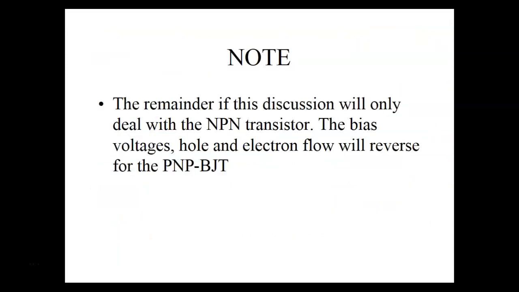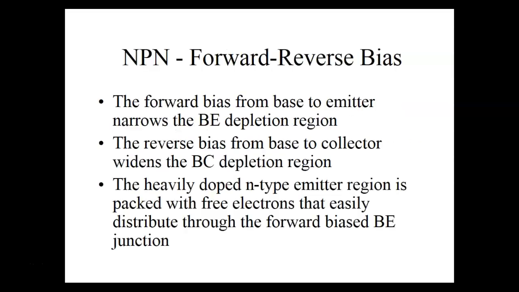So what we'll do on this one is we're just going to talk about the NPN transistor, because everything we say as far as bias goes, everything we say about the PNP, we just do what? Flip it. The forward bias from base to emitter narrows the base to emitter depletion region. The reverse bias, and guys, this is nice to know stuff, but all you need to know is